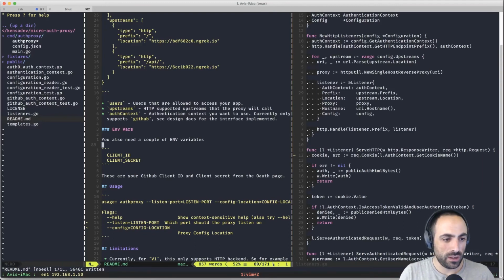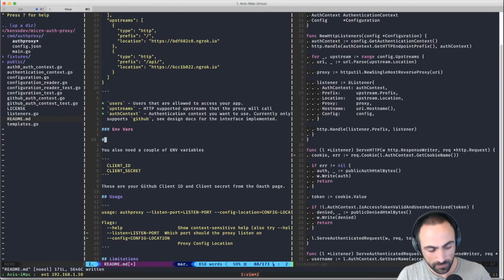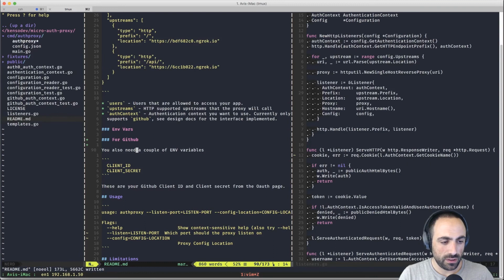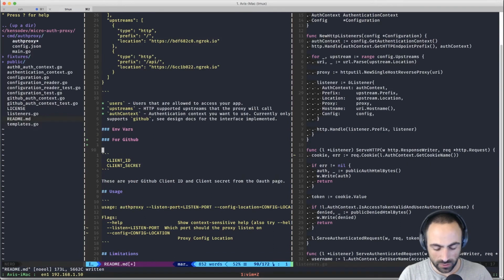Now, for GitHub, you also need a couple of variables. So env vars you will need to configure in order for the proxy to work.